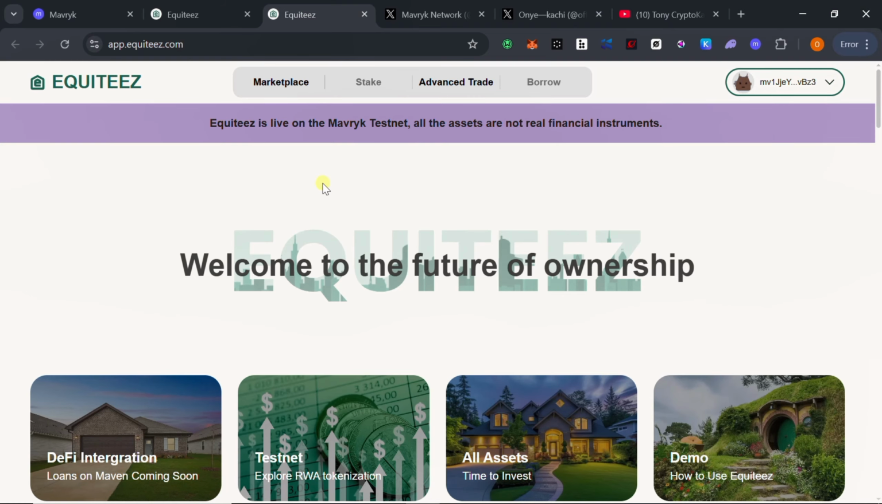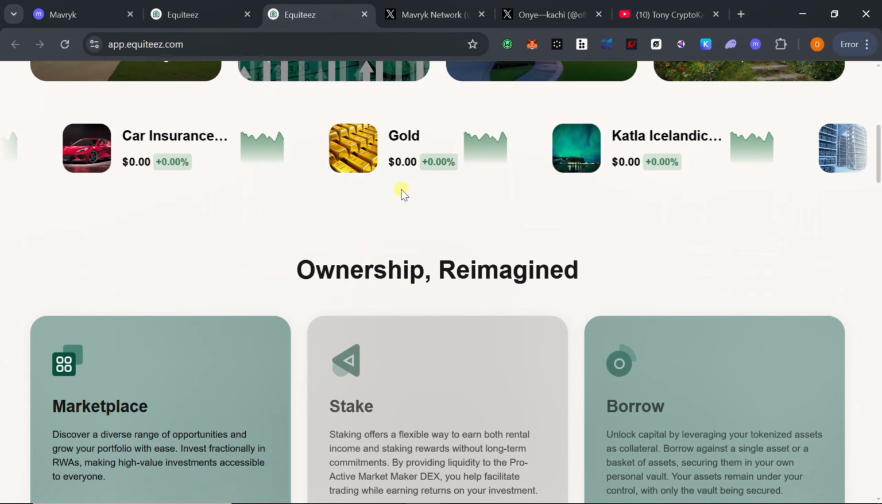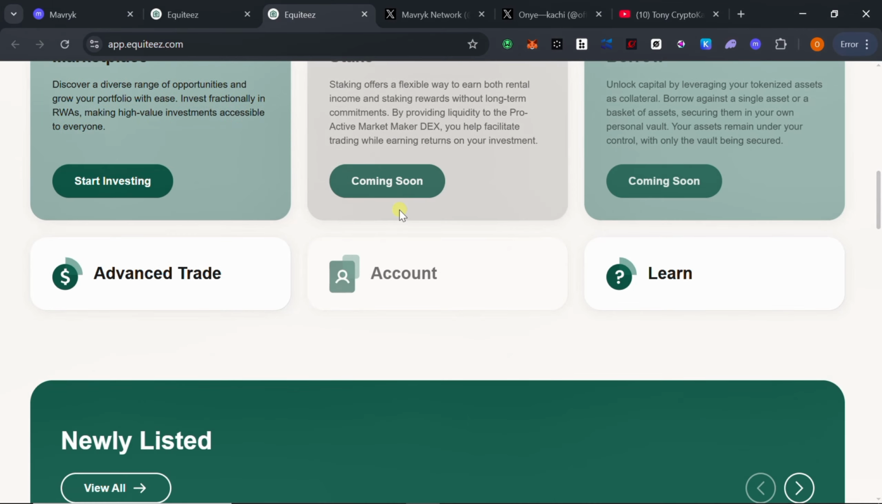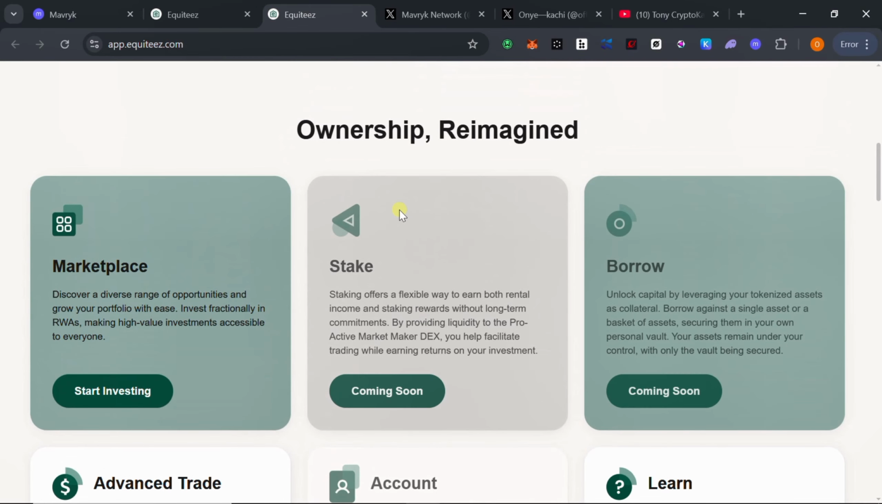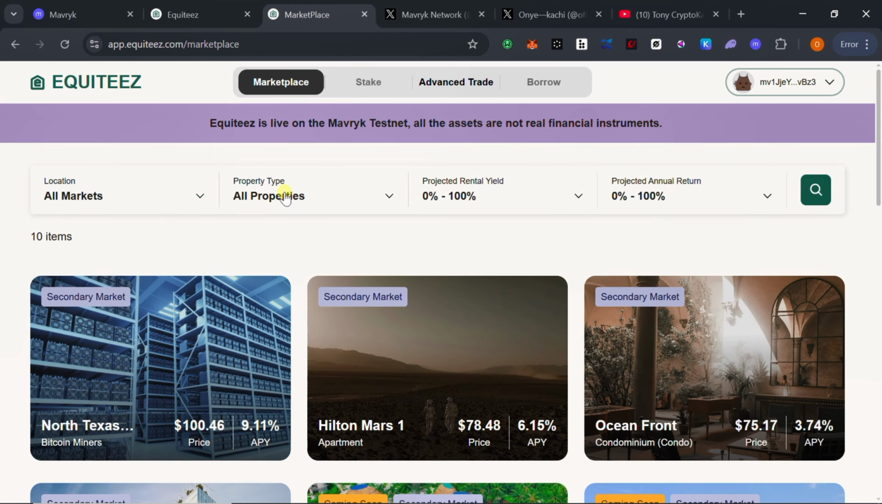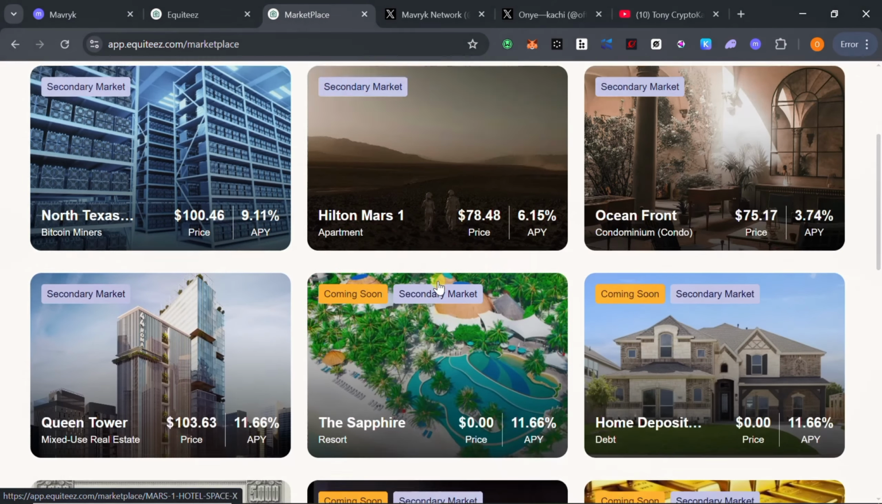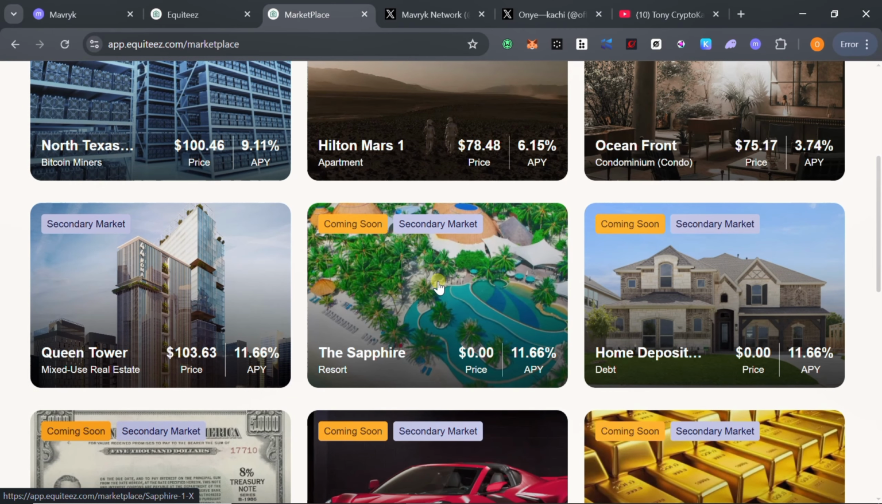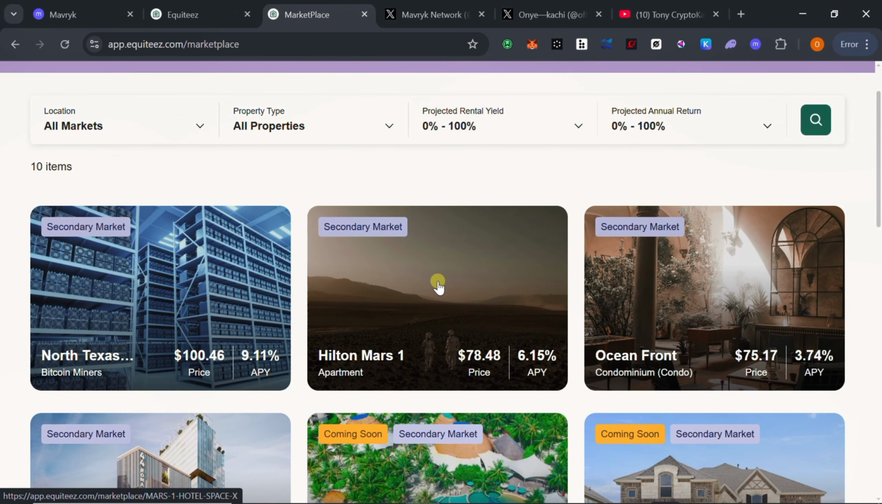So the first thing you need to do is to buy real world assets. All right, buy real world assets, invest in real world assets. Click on start investing. Under this marketplace, you click on start investing. So once you click on that, it's going to show you different properties that you can purchase. These properties are real life properties, although these ones are just testnet. But once they go live, you're going to be seeing real life properties from many places across the world, mostly